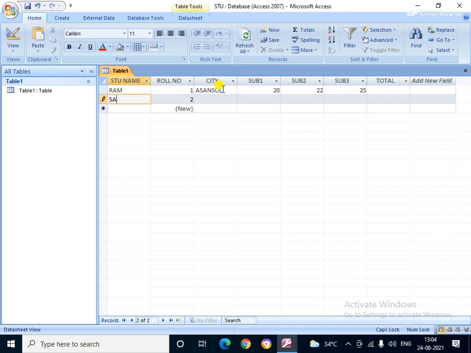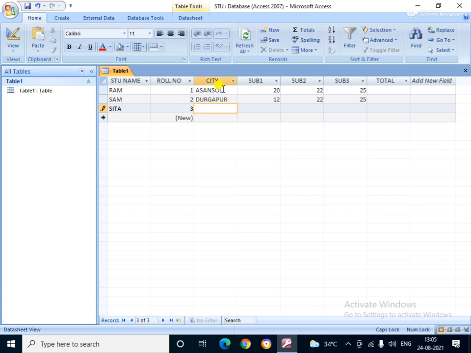After this, the next roll number comes automatically. Suppose here is Durgapur, with marks 12, 22 and 25, like this.